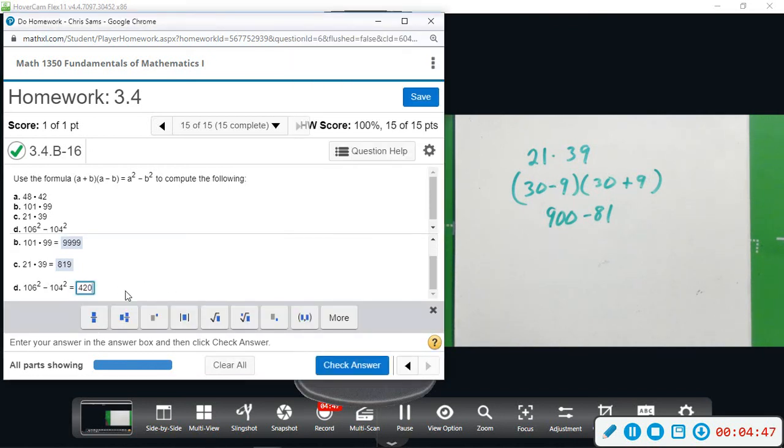So I don't think there's any other shortcut that you can apply to that because it has to start out as being multiplied, so you can rewrite it as distributive. This is subtracting. So